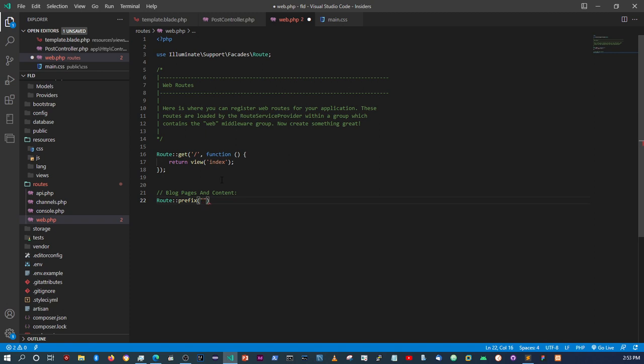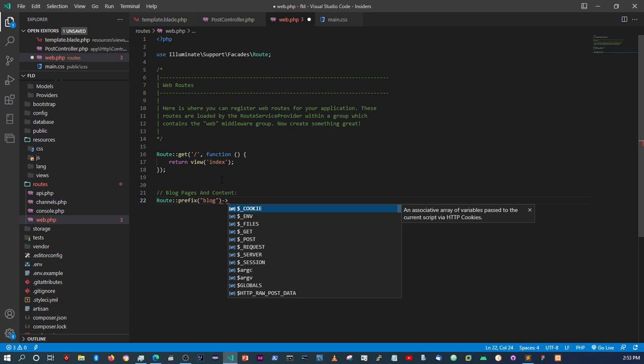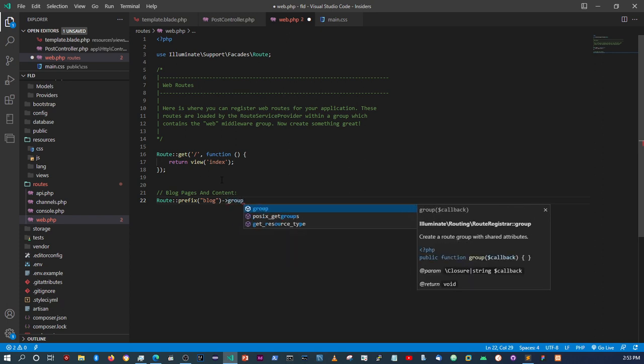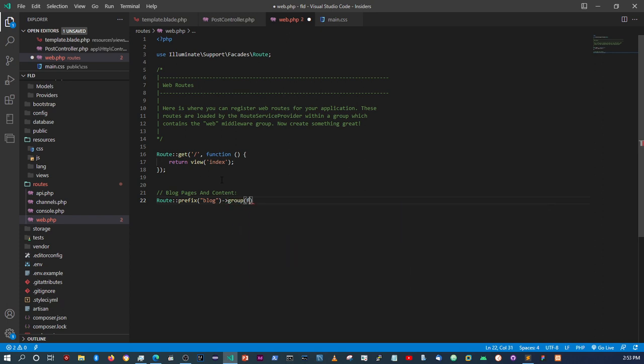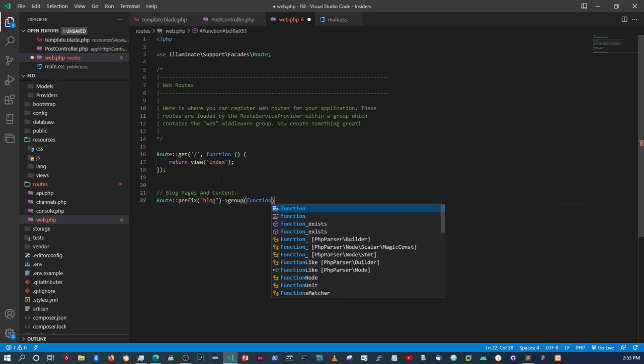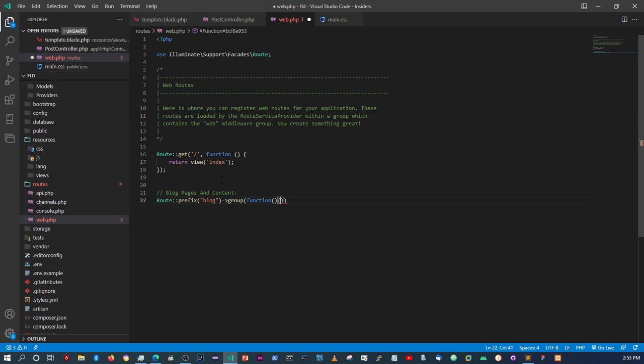And then in here we're just going to say blog, and then here we're going to say group, and then here we'll call an anonymous function. What this is going to do is basically append the name blog in front of every route that we create in here. So all we have to do now is say Route, and then get,